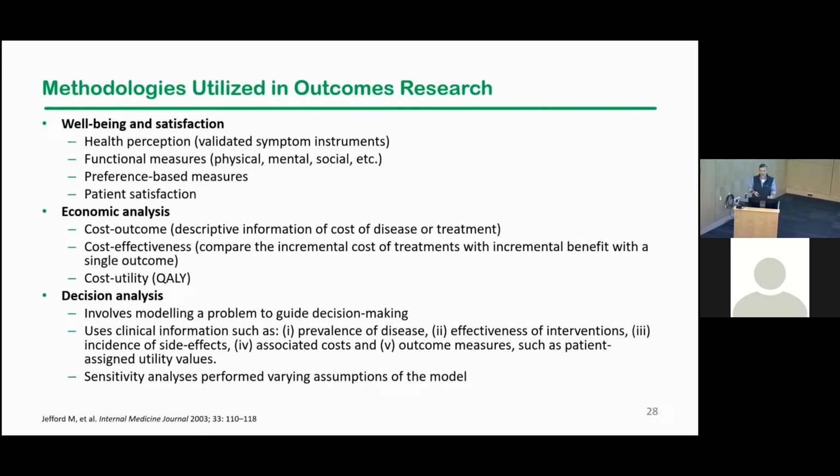But then there's the cost that you move on to cost effectiveness, where you're comparing the incremental cost of treatment with the incremental benefit from a single outcome. So again, a little bit broader, but still very focused on the cost and effectiveness of a single intervention. And then cost utility, and this typically uses quality adjusted life years, or QALYs, as the metric